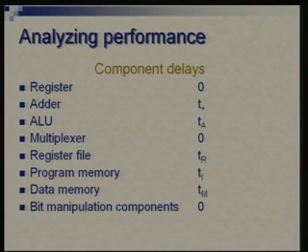Okay. Then finally the bit manipulation components, as they are only different wirings, we take it as 0. Strictly speaking, even the interconnecting wires will have some delay, and if your gates or the logic is too fast, then wire delay becomes comparable or significant. But again, for simplicity we will ignore that. So now in terms of these parameters, can we determine the clock period?